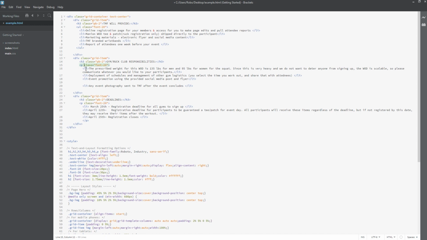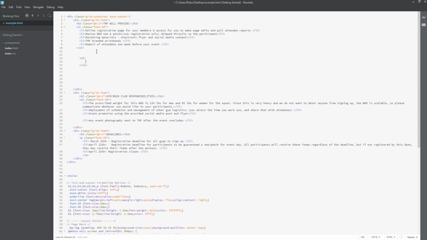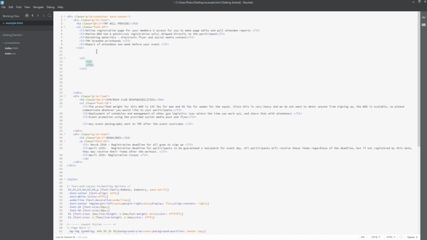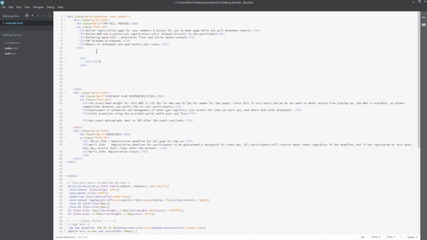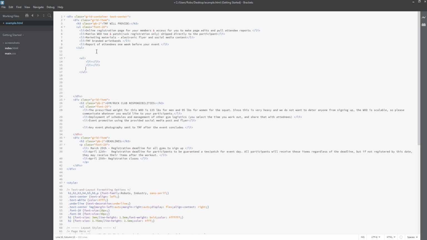Down here we can actually see we have a paragraph tag starting our list again, so we actually want to make that paragraph into an unordered list. Remember, you have to have an unordered list tag and then list elements within the unordered list. So every single list, if it's an unordered list, let's just make some room here. Your unordered list is always going to look like this. You're telling the browser to start a list by saying UL like that, and then you're going to put individual list items in the list, and these are all your individual bullets. So you can put as many as you want within the list, but you do have to tell it